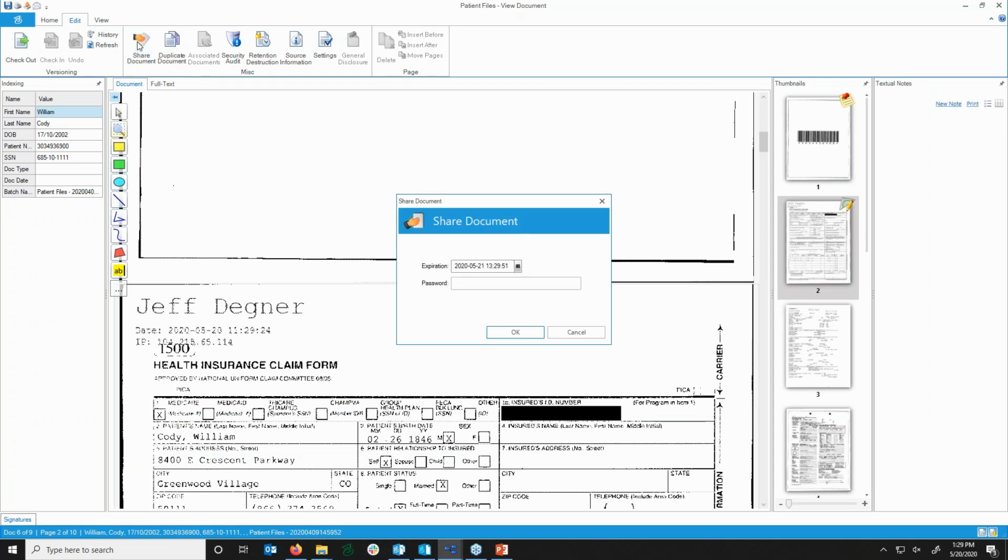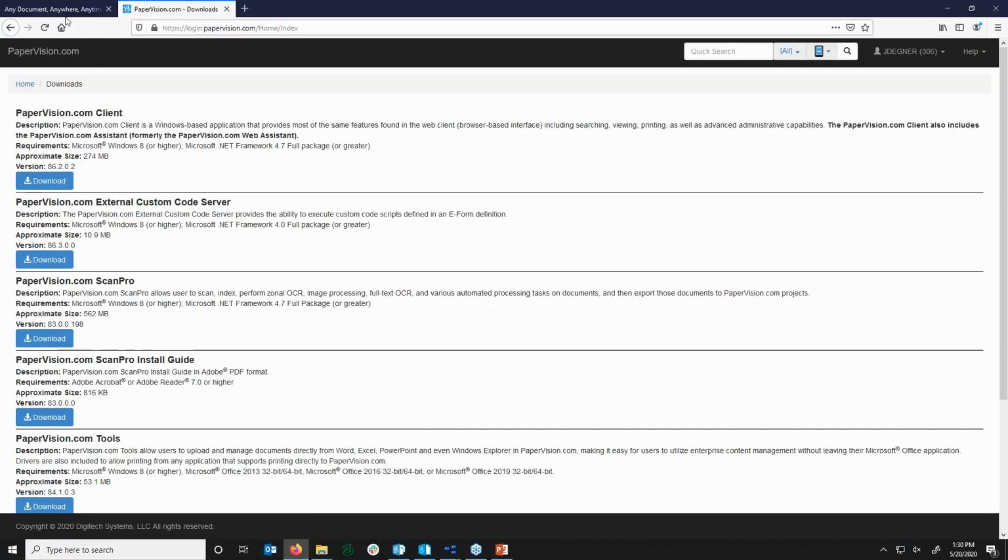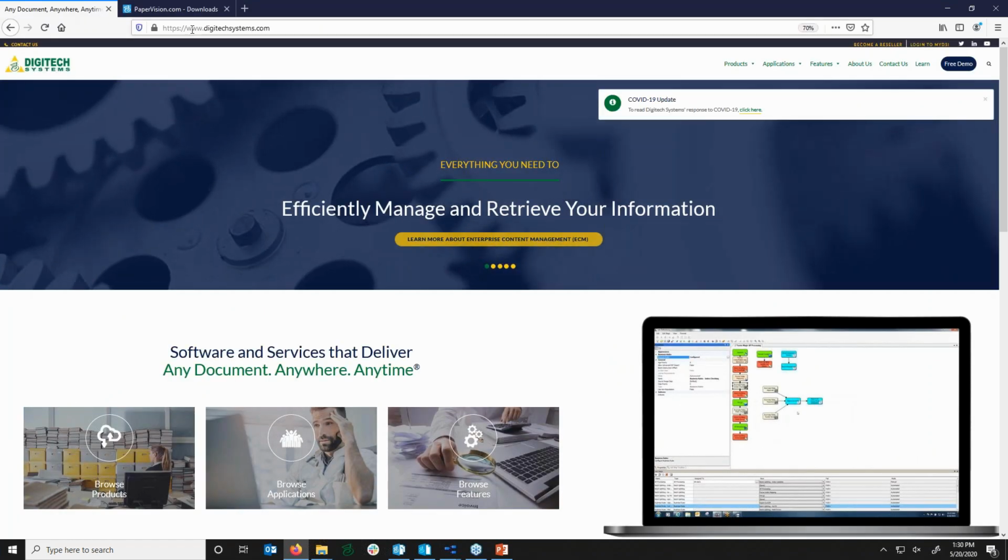So the last thing I want to show you inside of the viewer here is we do have the ability to share documents outside of our system. So if you wanted to create a link to a document, by default, it has a 24-hour expiration. You can set that as long as you'd like, and you can add a password to password protect it. So I can click OK, copy the link to the clipboard, go out to my browser, paste this link in,